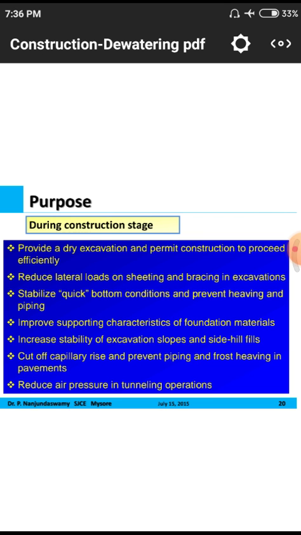That means capillary rise: if there is water, automatically it will rise in the form of capillary action, so we need to prevent the entrainment of water by simply cutting off these capillary rises. Next one, reduce air pressures. If there is air pressure, automatically there may be some amount of lifting